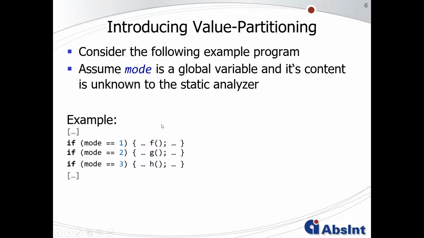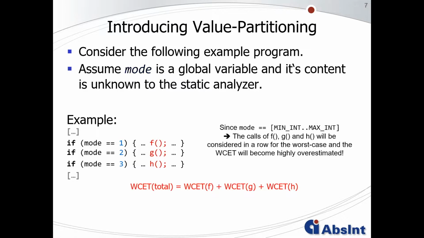So what would happen in the static analysis, for instance in the timing analysis, is that if the mode variable is unknown, which is equivalent to considering a value range of min-int to max-int,